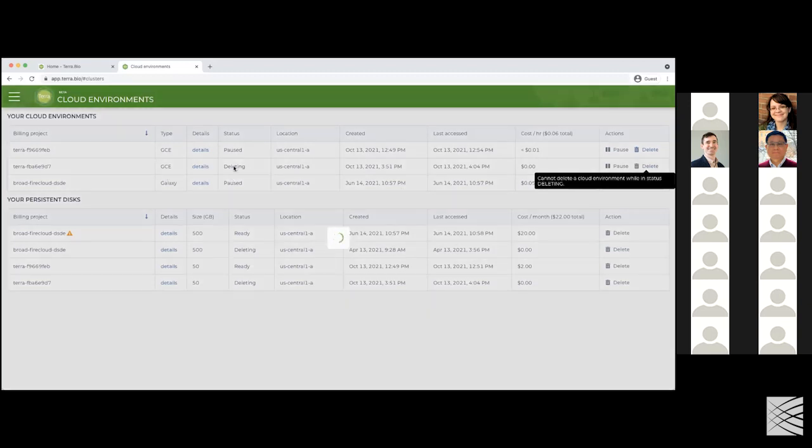And then we see the status has changed to deleting for the cloud environment, and has changed to deleting for the associated persistent disk. If you chose not to delete the persistent disk, it would be remounted to the next cloud environment you create for this workspace. Okay,